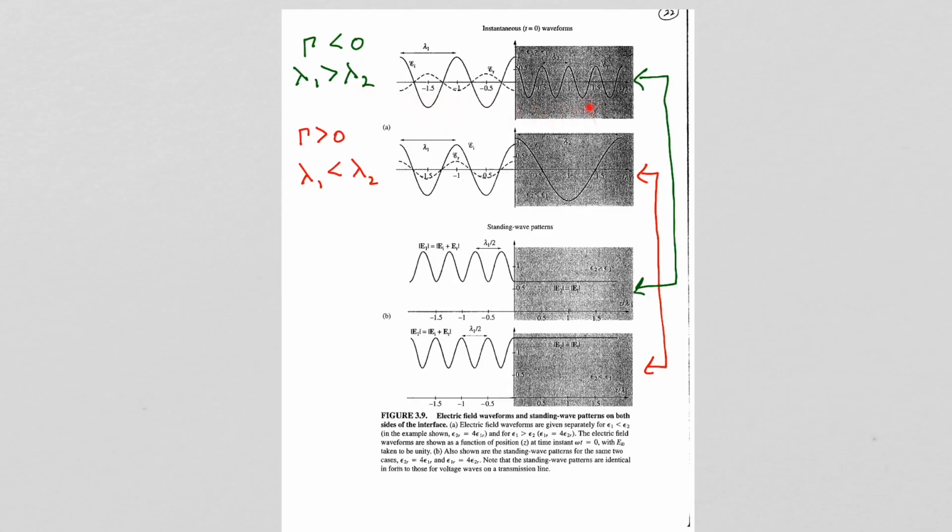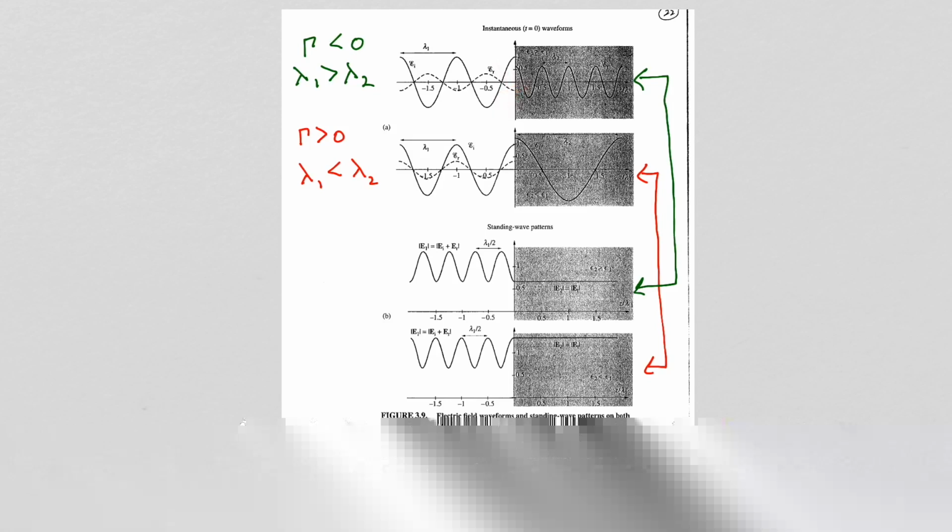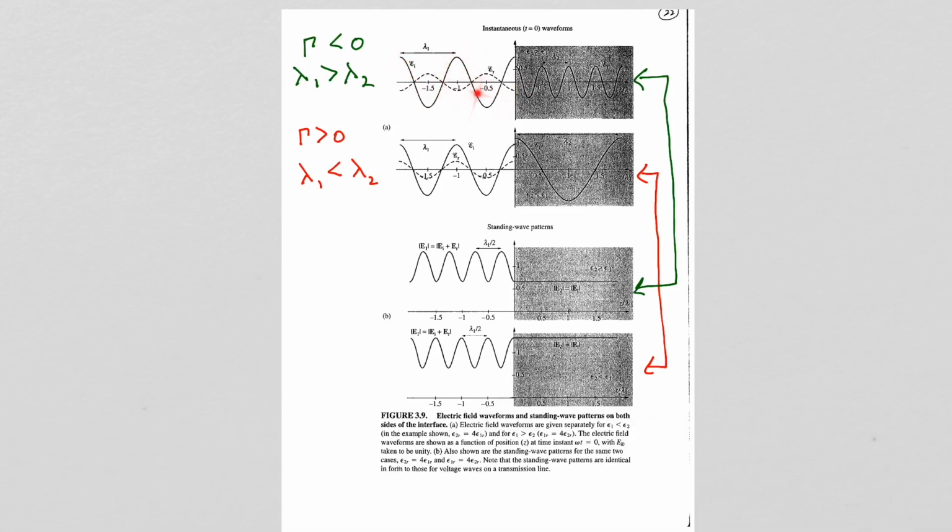And that case is shown here where the reflection coefficient is negative, so here's the incident wave, here's the reflected wave, and the wavelength in material 1 is greater than the wavelength in material 2. Here we have the corresponding standing wave